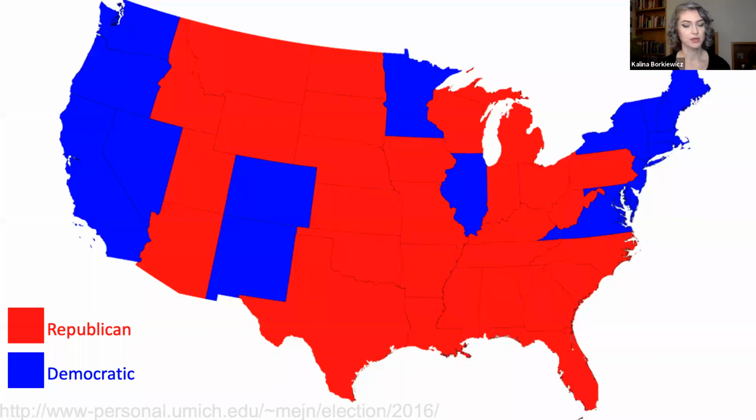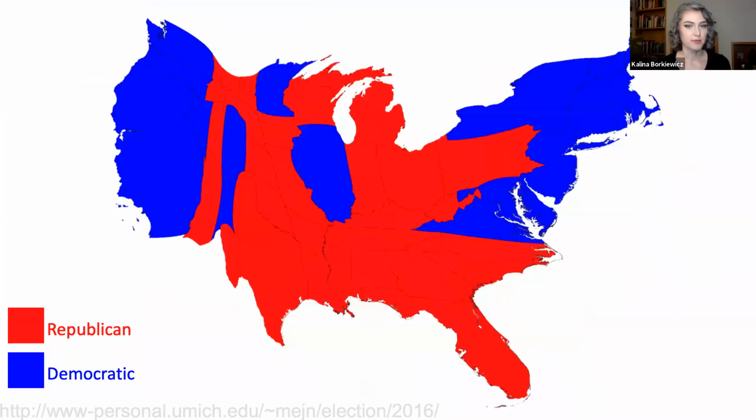Projection issues aside, maps are a great way to present and display information. Here's a map where each state is colored by which party took most or all of its electoral votes in the 2016 election. And at a glance, it seems like America was split pretty evenly between red and blue. But the amount of red ink on this map isn't proportional to the amount of electoral votes that went to the red party. It's proportional to the geographic size of each state. So Montana adds a huge amount of red ink for only 3 electoral votes, while the relatively small New Jersey adds a whopping 15 votes to the blue party.